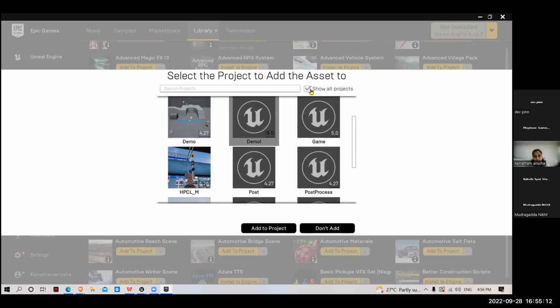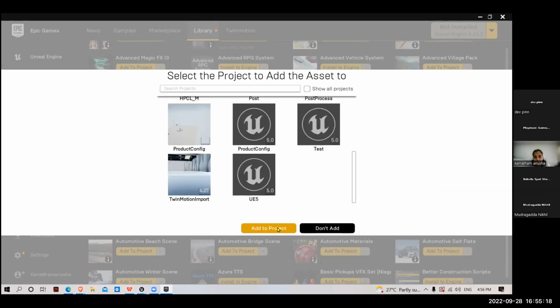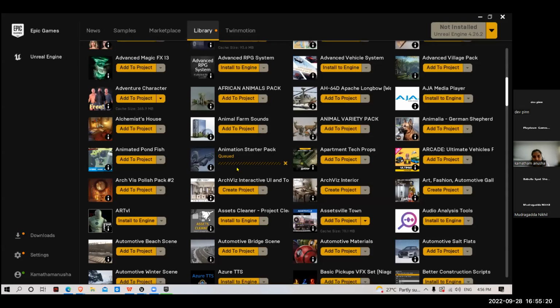Okay, so if you click on show all projects, it will show. Here it is showing demo one, so select this and click on add to project. So here it will show you how much it is adding. Okay,